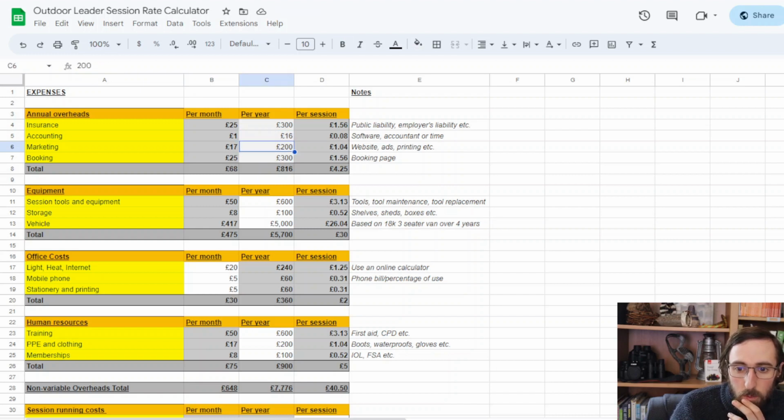And then we get into marketing. Now, you could go with a very low marketing budget, but if you're running significant numbers of private sessions, you're probably going to need to spend some money on that, whether it's a booking platform like Bookwin, paying for a business account, running Facebook ads, printing flyers and leaflets. You can expect to spend a decent amount of money to get revenue in.